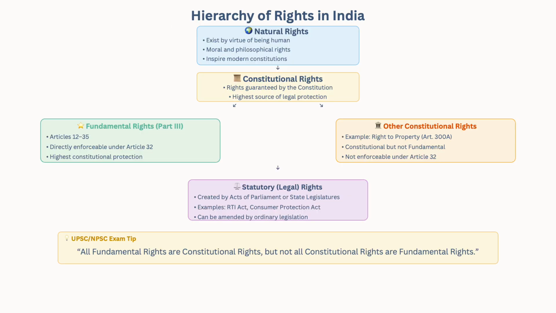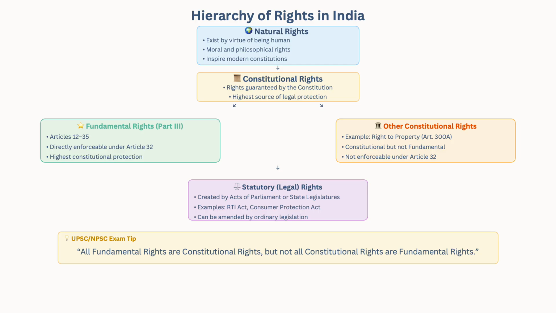Now, the hierarchy of rights in India. I created this tree, this hierarchy, for better understanding of the kind of rights that we're talking about. In the hierarchy of rights, we can see that there's natural right. Natural right is always at the top of every other right. In this entire world, there's one right that's above everything, that is natural right. It is automatically inside us. We do not have to create it. By virtue of being a human being itself, you got your natural right.